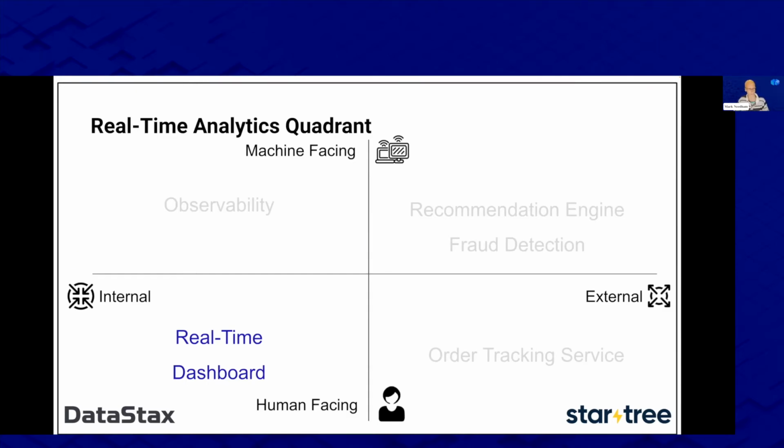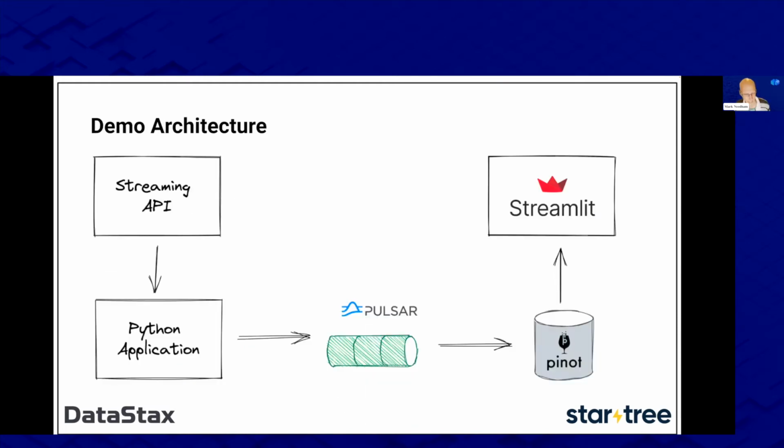So it's kind of sitting in, imagine we're in the bottom left-hand quadrant, and this is the architecture of what we're going to build. So we've got a streaming API. We're going to get the data out of there using a Python application. But then we're going to use the Pulsar Python client to get that data into Pulsar in the middle. Then we'll connect it from Pulsar into Pinot, and we'll be able to effectively query the Pulsar stream from Pinot, and we'll build a little Streamlit dashboard on the top. So that's the plan. Those are the components that we're going to build.